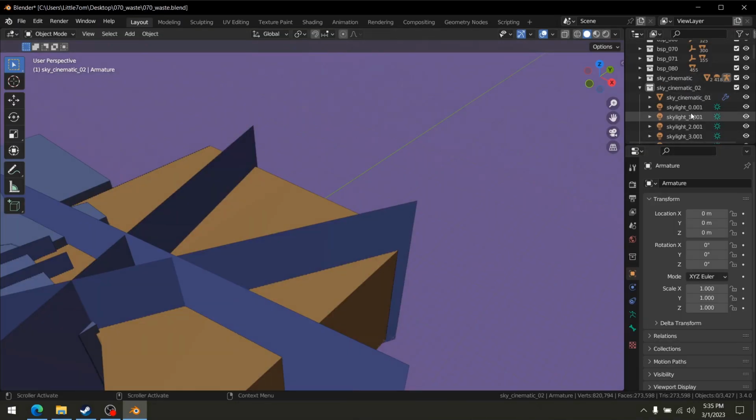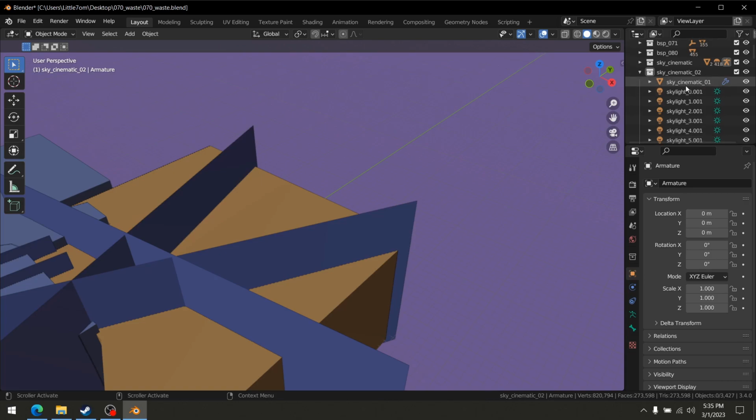Okay, so we have an issue here. It didn't import as an armature. I'm not sure exactly why this happens. I'm going to try something that might fix this. This might be an add-on error, this might be something I'm doing wrong, but